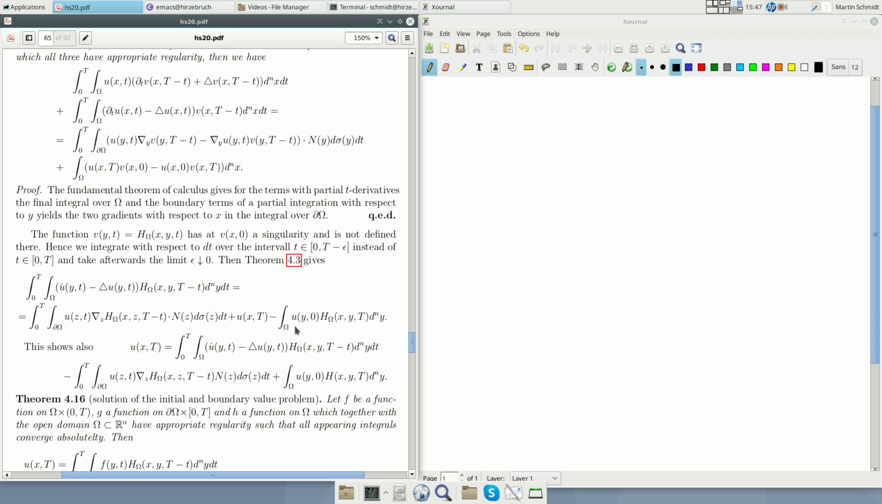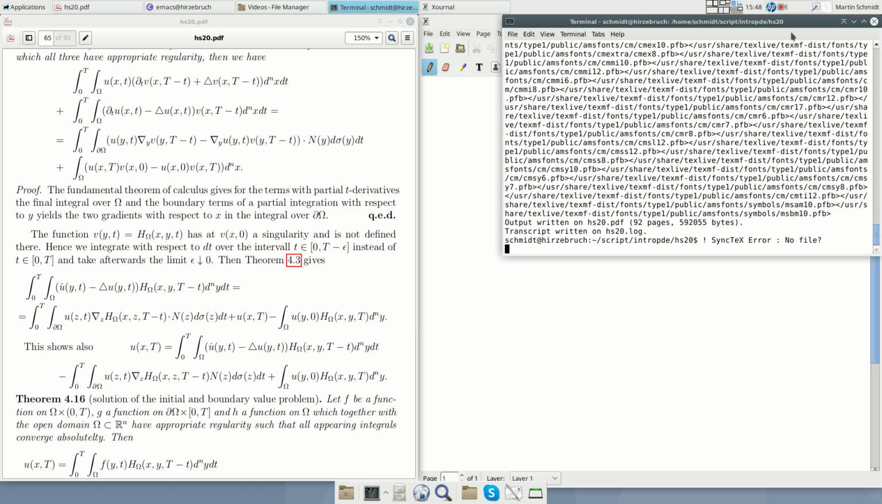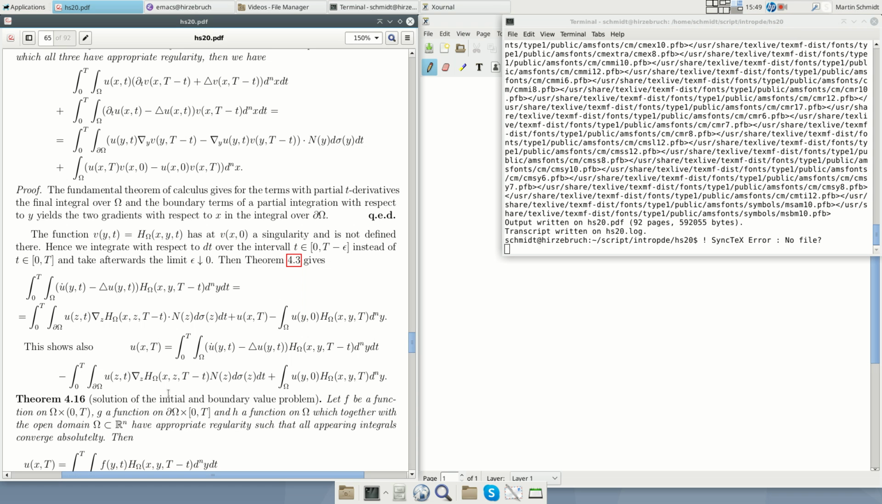Plus this integral, if we bring it to the other side, plus this integral, which is just here this integral. Oh, here's an omega missing, and then this integral is this integral. Okay, so now we have this formula, and this formula is very nice because it tells us, remember that